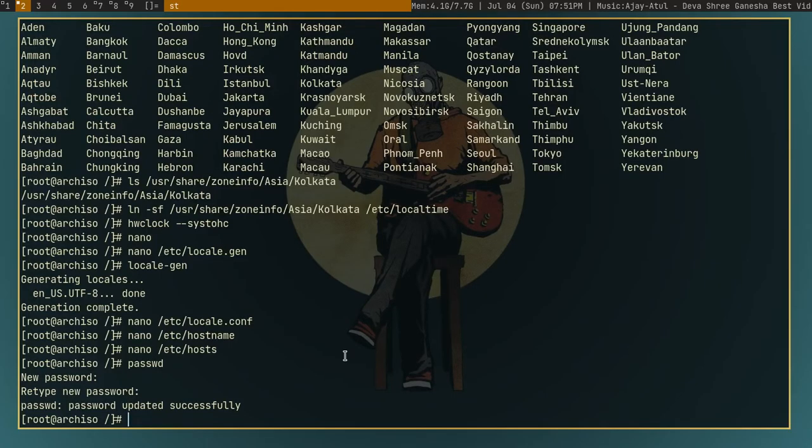Okay. Next step is to install the bootloader and some network packages. To do that, it's pretty simple. You can just type pacman -S grub, dosfstools, mtools, networkmanager, what else? wireless_tools, wpa_supplicant.